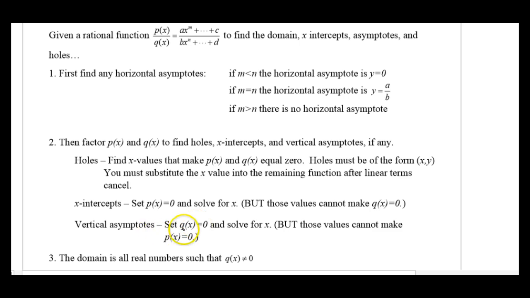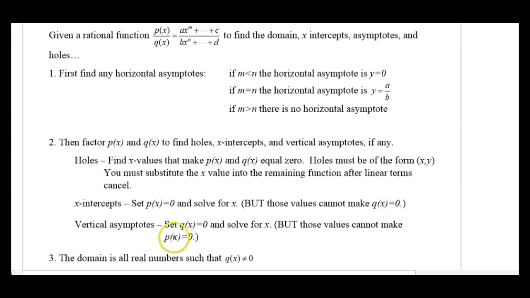And to find vertical asymptotes, we need to set the denominator equal to 0. We called that q of x, and solve for x. But again, those values cannot make the top equal 0, because then we found a hole in the graph. So all of these, you can see, are related to each other, and it's important to understand the